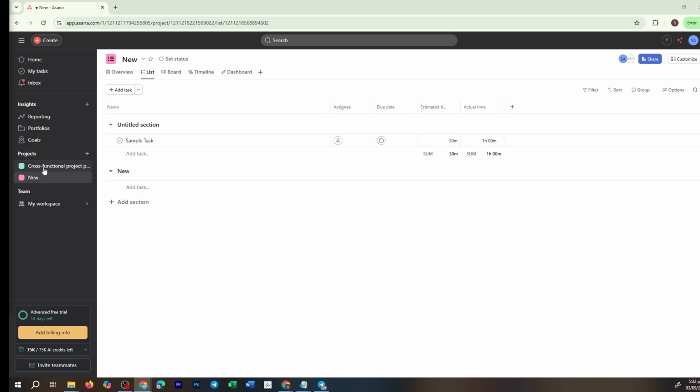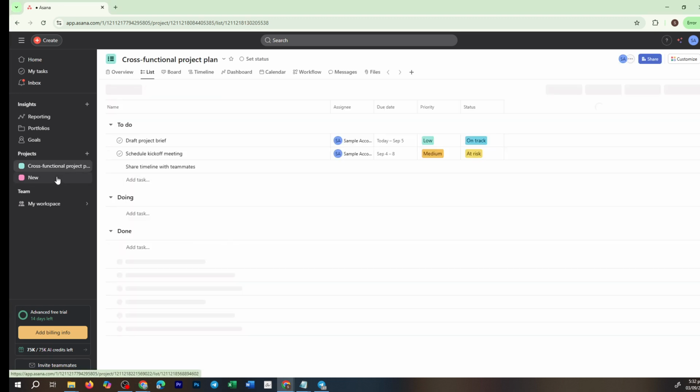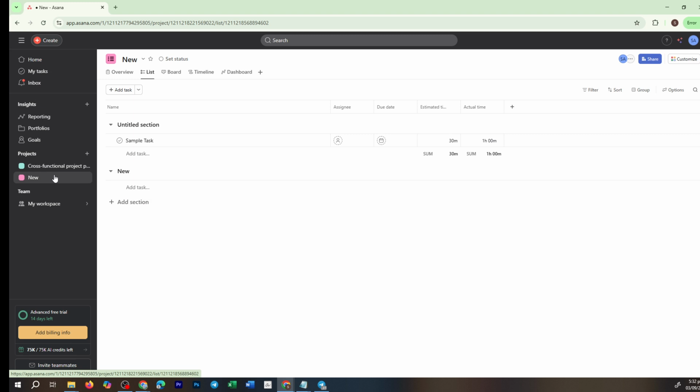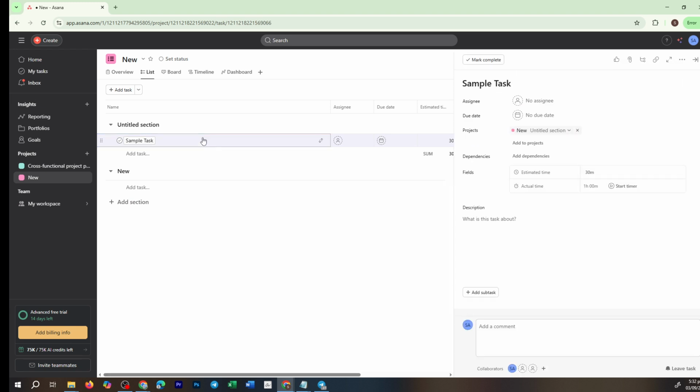Navigate to your project list and click on the project you're currently working on. Once there, locate the task within the project that you want to tag. Open this task by clicking on it, which will bring up a detailed view on the right side of your screen. Now direct your attention to the top right corner of this task pane, where you will find 3 horizontal